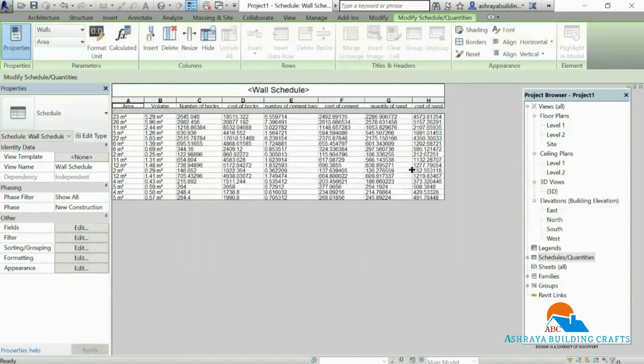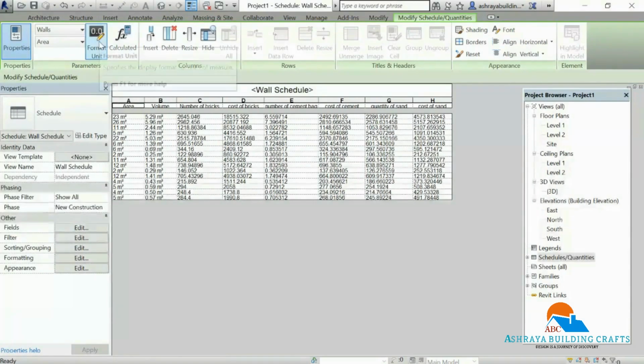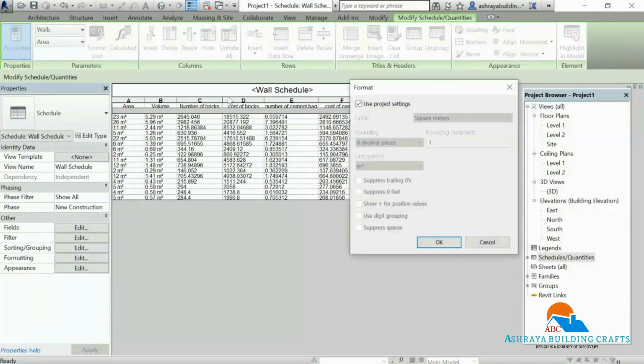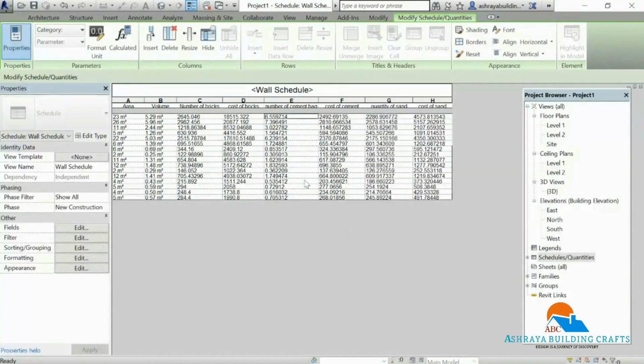OK, the quantity of sand is represented in kilograms and cost of sand is represented in rupees. To remove the decimal values, click on unit format, select each, fixed.